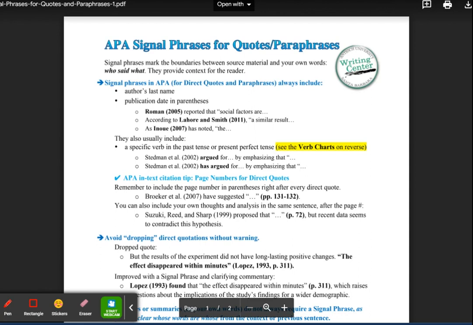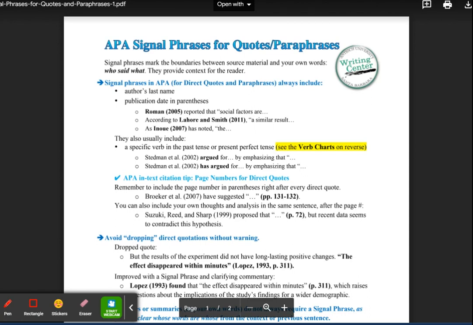This document takes you through a series of signal phrases in APA. The signal phrase is the part of a sentence that leads up to putting a quote or passage in your work. One of the main writing features of writing in college is to use signal phrases. And it's a step above what a beginner writing research might do, which is just write the actual passages and copy and paste them into their work.